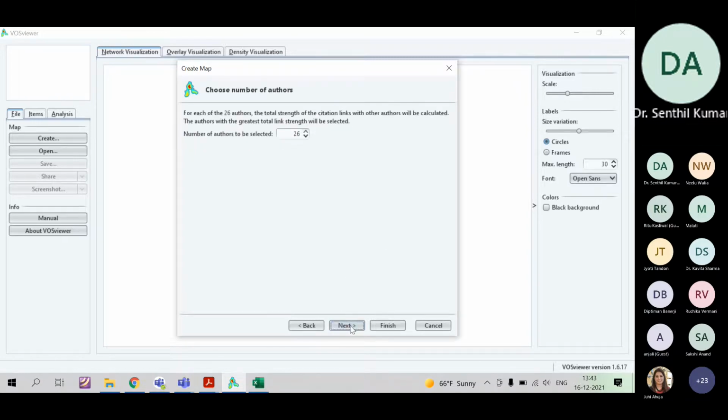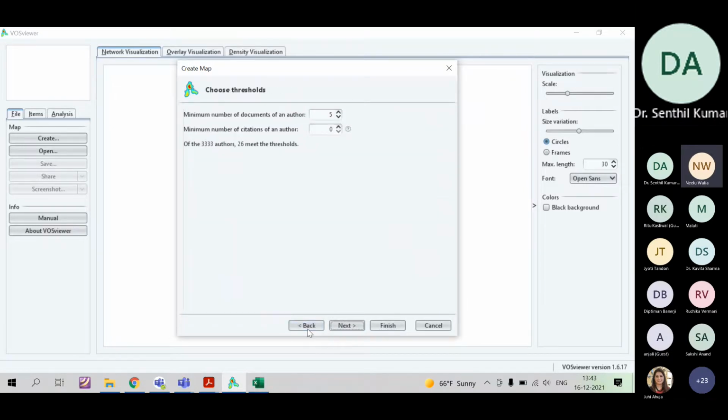Click next. So can you please explain this again? Okay. Why do we increase or decrease this minimum number of documents per author? How many records am I interested in putting into the table? Normally we put 10, but we may be interested in 15 or 20 also. Records means the number of rows that you would like to incorporate into your table, that you are going to put into the manuscript, the research paper.